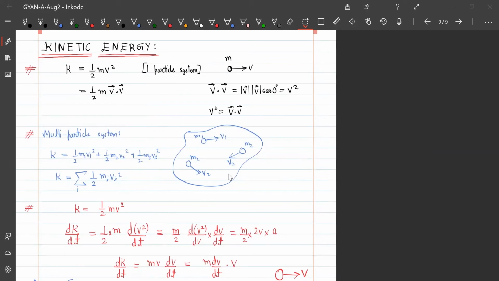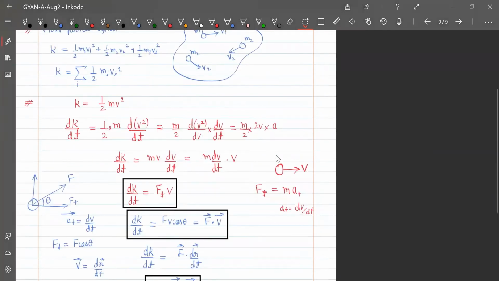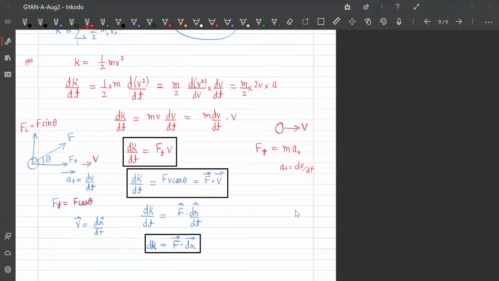So tangential force is along the velocity vector, right? हाँ, tangential force is along the velocity vector, velocity इसी डायरेक्शन में है, और इधर सेंट्रीपिटल एक्सेलरेशन आएगा। सेंट्रीपिटल एक्सेलरेशन हमारे टेंजेंशियल के परपेंडिकुलर होता है, और हमें पता है कि कोई वर्क नहीं करता क्योंकि वो डिस्प्लेसमेंट के परपेंडिकुलर हो। सो हमने ये डिराइव किया कि द चेंज इन काइनेटिक एनर्जी इज इक्वल टू F dot dr, and from here